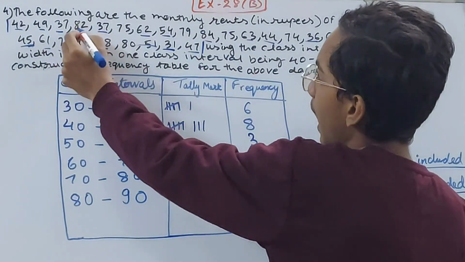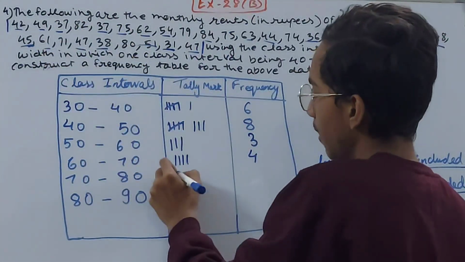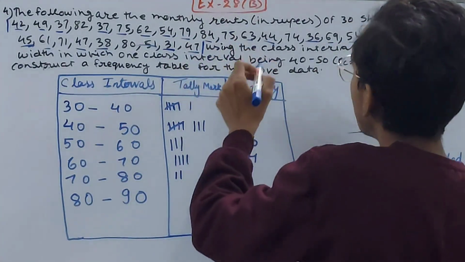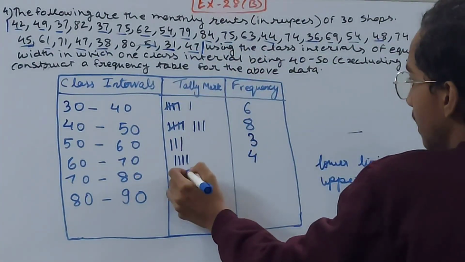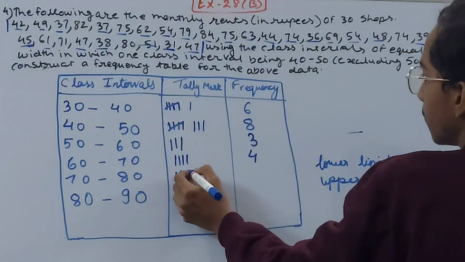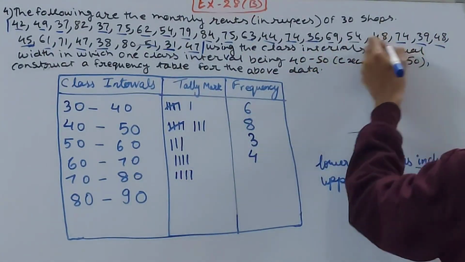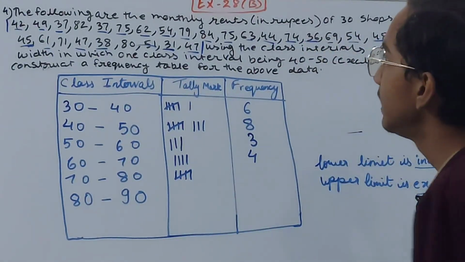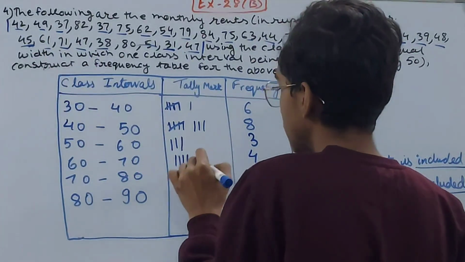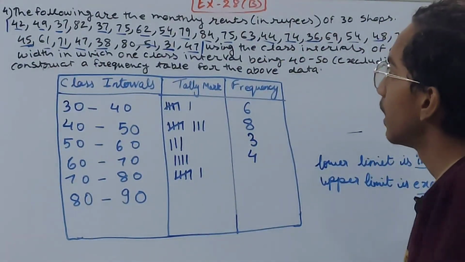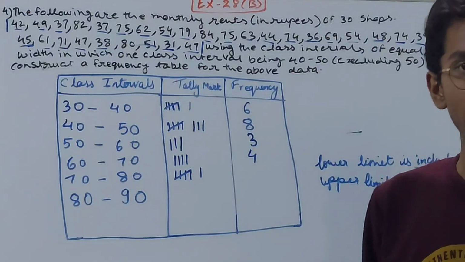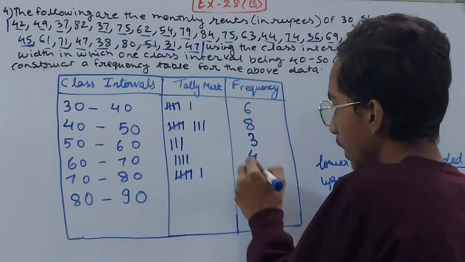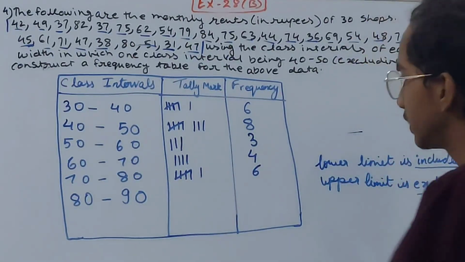See here, we will have 75, right? 1, then you will have 79, 2, then you will have 75, 3, then you will have 74, 4, then you will have 74 again, 5, right? Okay, and then you have got 71 here, so 6, then you have 80, but 80 will not be counted because lower limit is included, upper limit is excluded. So the frequency for this one will become 6,